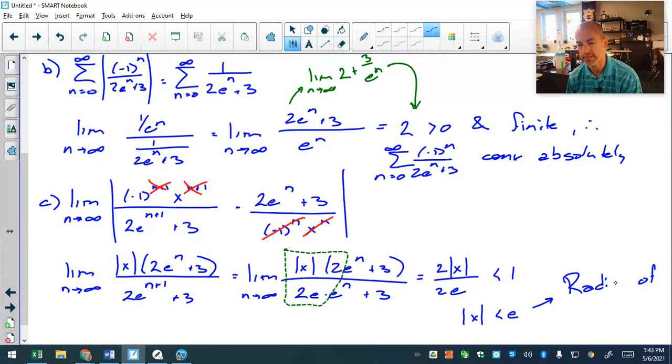How do I misspell radius? That was impressive. Radius